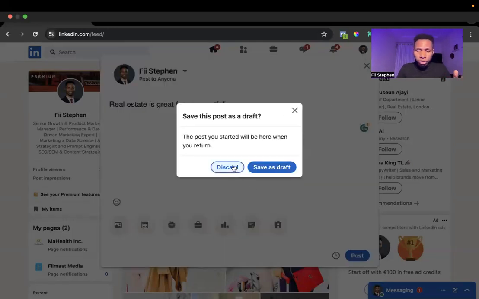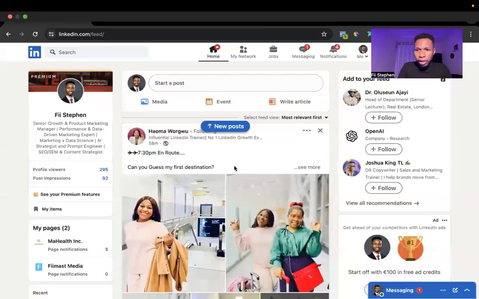And what kind of posts can you create? You can create posts that share tips, right? I'll just discard this. You can create posts that share tips about real estate, tips about properties, educative tips for people to learn. That way you're educating and you're engaging people. But apart from posts, you can also create an article. Let me show you the difference between an article and a post.